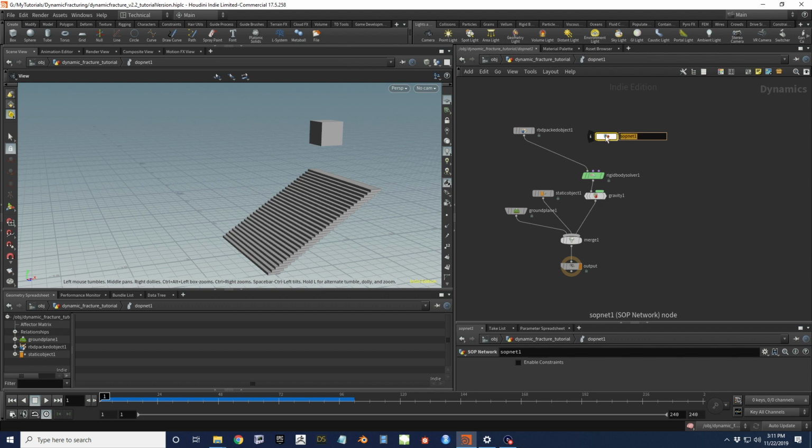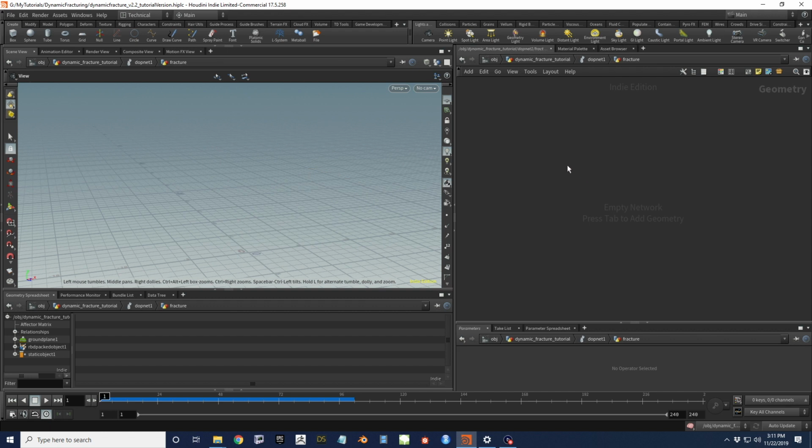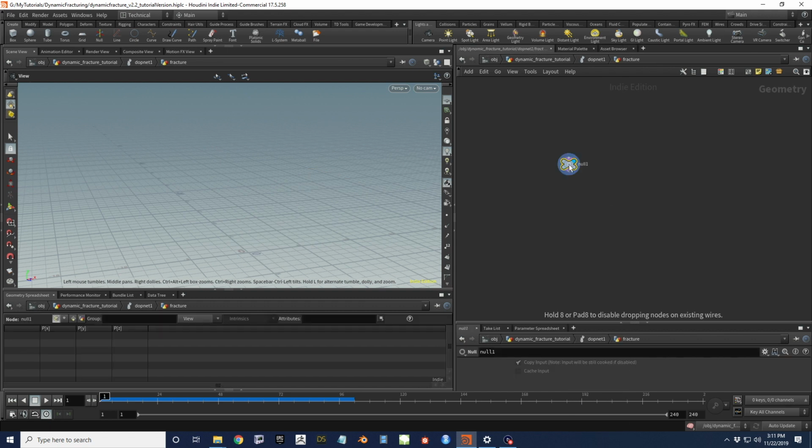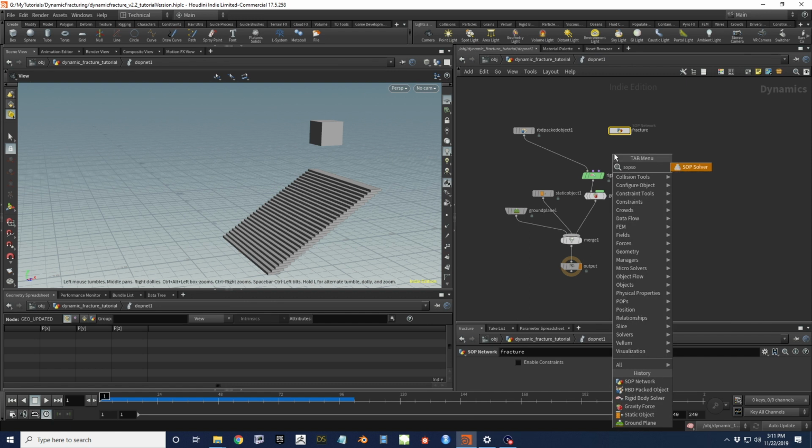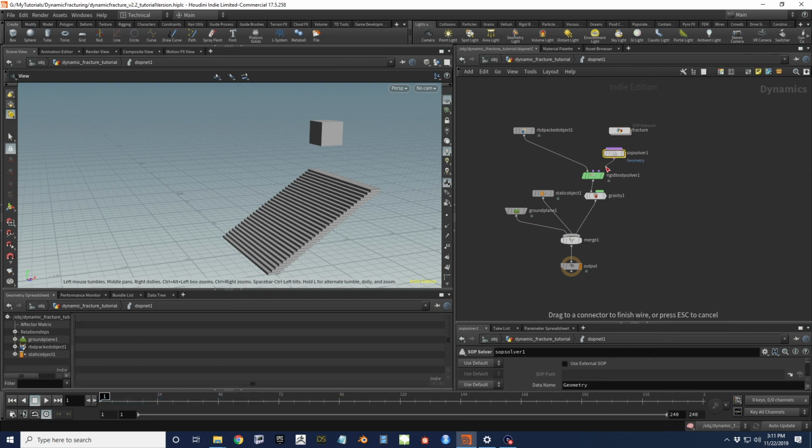I'm going to call this fracture, and I'm just going to dive right inside, drop down a null, just to remind ourselves of what we're doing here. This is going to be our updated geometry. So I'll just call this geo updated. Then out here, I'm going to drop down a SOP solver,